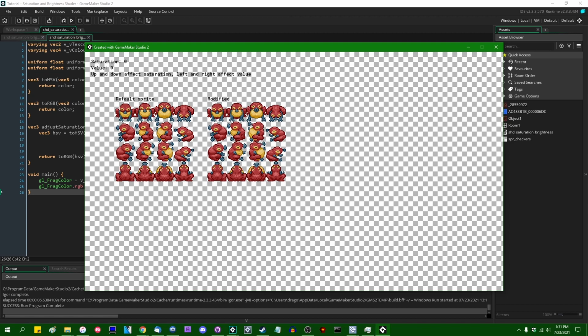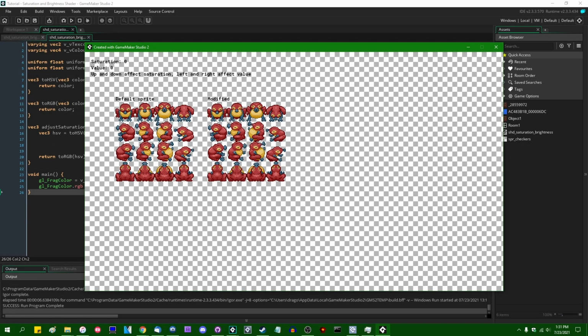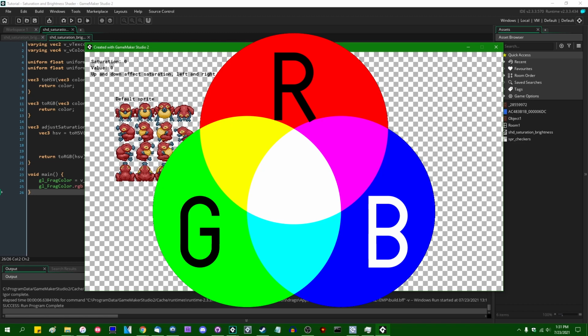From there, the three types of cone cells in our human eyes can detect the different wavelengths of light that these LEDs emit. And assuming you have normal color vision, our brains turn this into all the colors of the rainbow. And all that is to say that the red, green, blue color model is pretty close to how our human brains physically interpret light and the way that our eyes physically detect color. But at least for most people, red, green, and blue isn't very similar at all to how people really intuitively